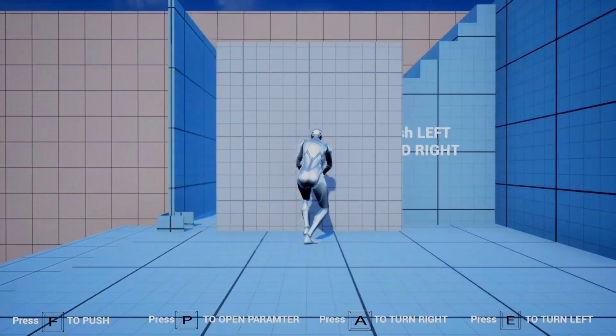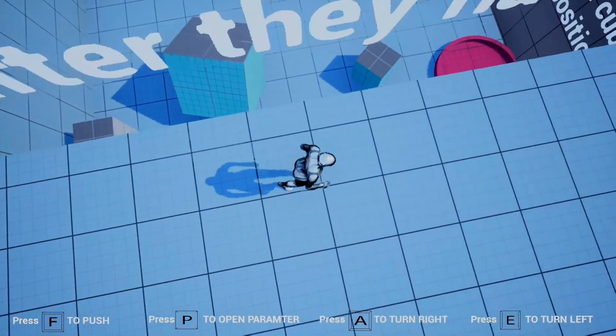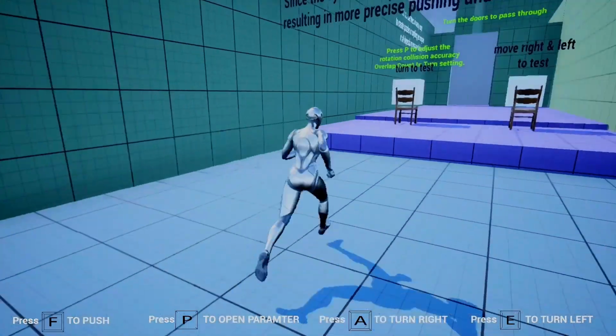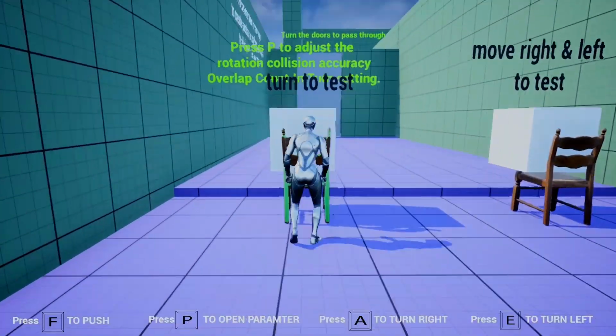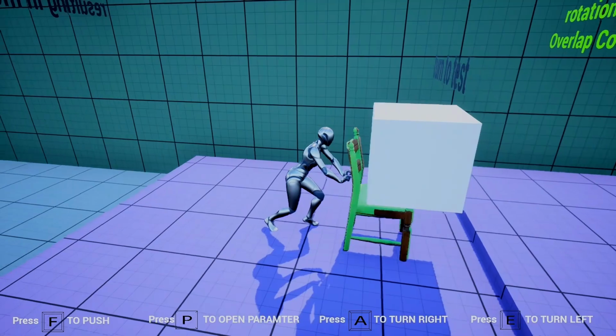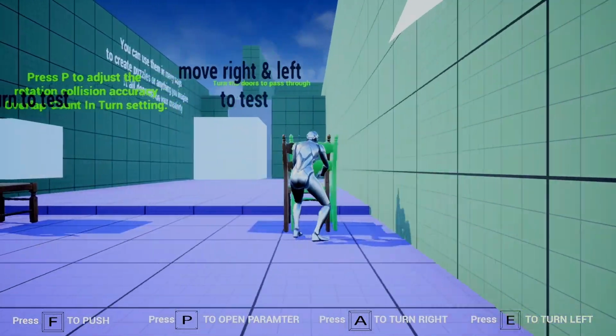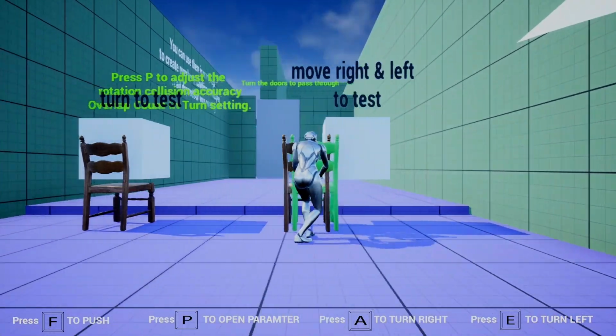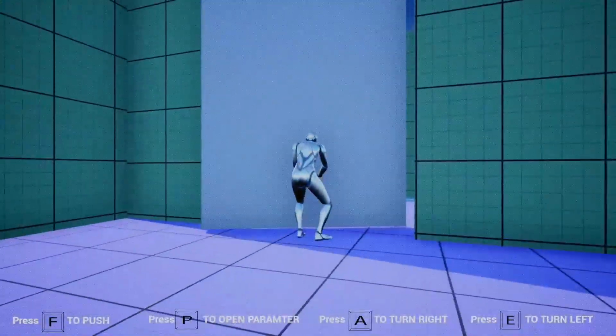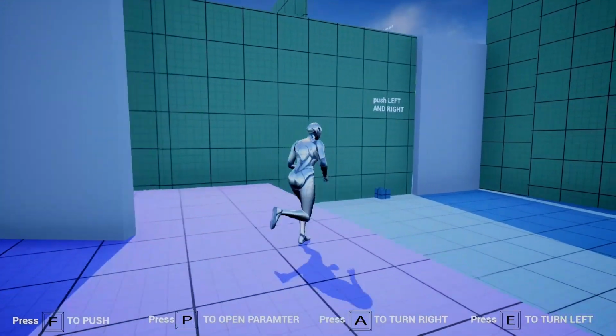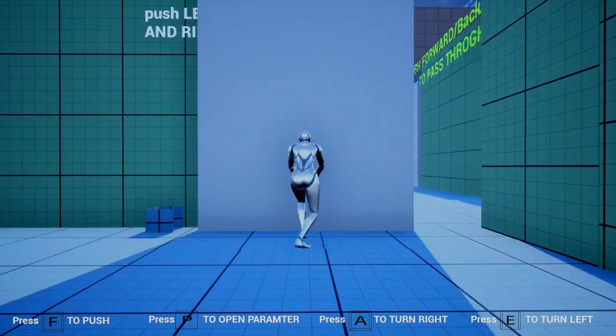And here's the most important point. In the latest update, the system became much more flexible when dealing with differently shaped objects because it no longer relies only on a single box collision that covers the entire object. Instead, it now uses the actual mesh shape much more accurately. This opens the door to using it with objects such as chairs, tables, crates, and many objects that are not